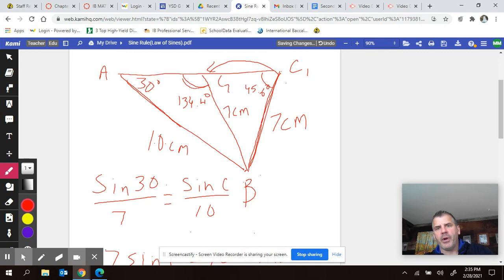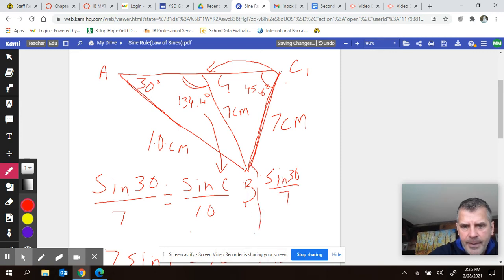All right, so let's assume we already know by the calculator it's going to be 45.6, but let's see if it checks out and put now 134.4 in for C right here and see if we get the same thing. So what I'm saying is if I take the sine of 30, and because we're rounding here, it's not going to be exact, guys. We should know that. But we got sine 30 over 7. Is that the same thing as the sine of 134.4